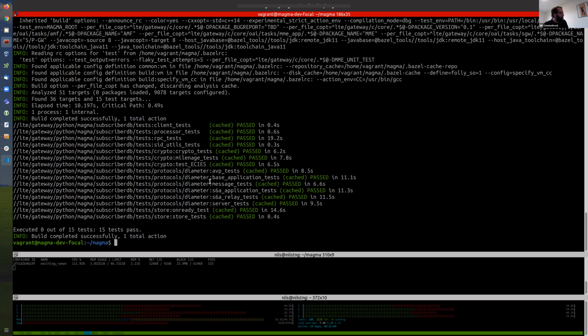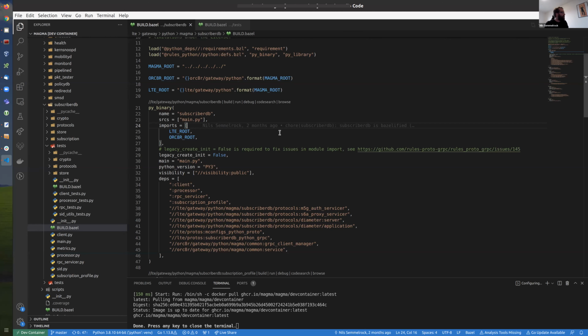Let's take a quick look at how this looks in code. As I said, Bazel has decentralized definitions, so we don't have one makefile for Python completely, but basically in each folder we have such a BUILD.bazel file, and this is currently on master as well.